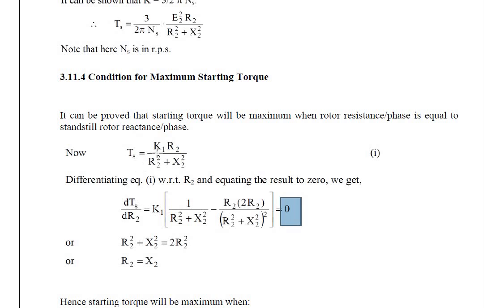K1 is constant, so we keep 1 upon R2 square plus X2 square as it is and differentiate R2 with respect to R2, which gives us 1,